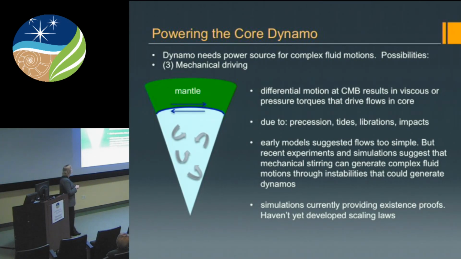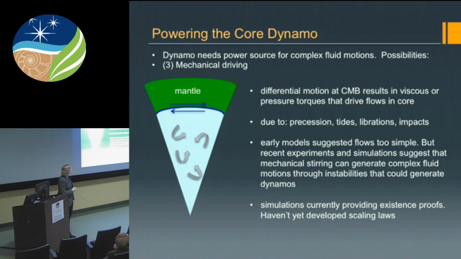So what that means, if this is the core of the moon, is that at the core-mantle boundary, if you have any sort of differential motion there, then you can actually put power into the core motions at this boundary, which could then cause churning motions in the core. The source of these differential motions has been proposed in a variety of ways in the past. For example, it could be due to the moon's precession, tides, libration, or